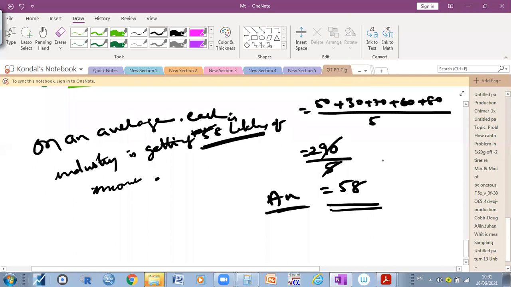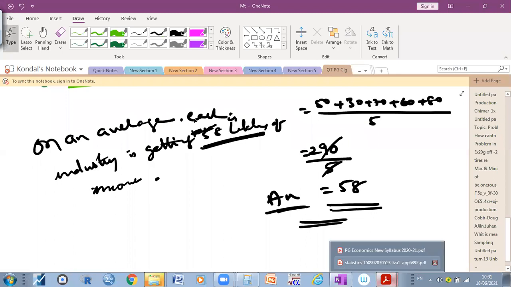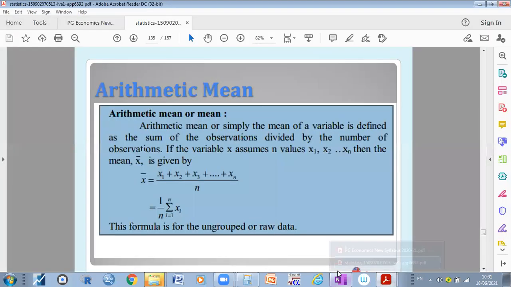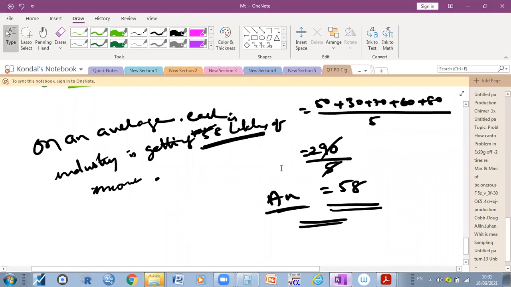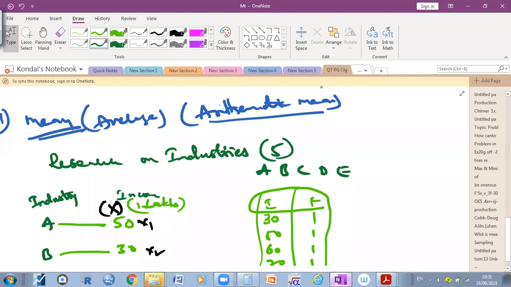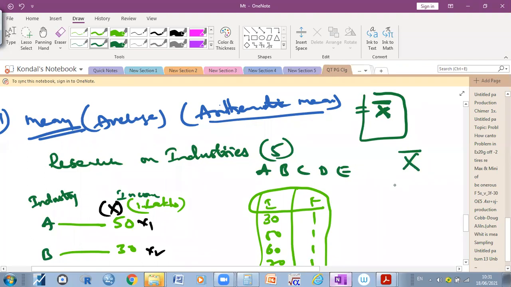Yes, sir. So this is one kind of average, the arithmetic mean. Here also I'm going to take an example. The arithmetic mean is indicated with X bar. Remember, sometimes when you write papers or refer to books, if you find X bar, they cannot write average or mean; they write only X bar. It means this is the average, mean, or arithmetic mean. Simple.